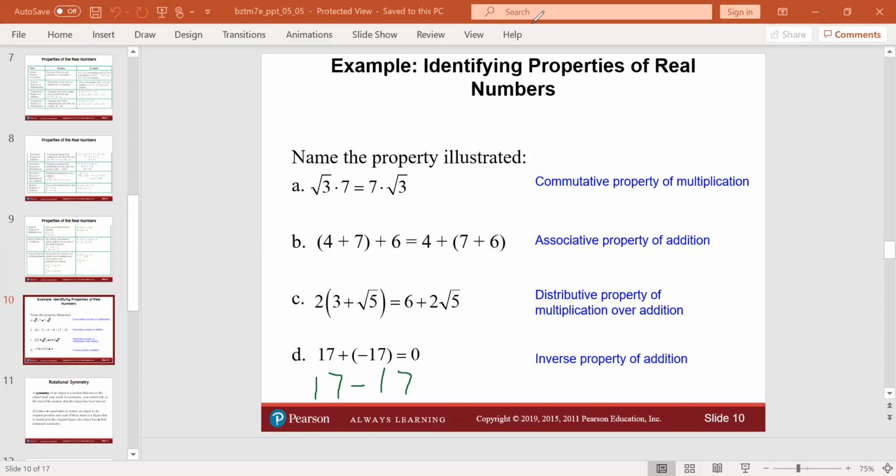Why do we care about this? How are we going to ever use any of this information? Well, let's say we were solving an equation and we're peering ahead a little bit. We're looking a little bit into the future. Let's say we had a simple enough equation, 3x plus 14 equals 9. 3x plus 14 is equal to 9. Now here's what we'd like to do. When we're solving an equation,